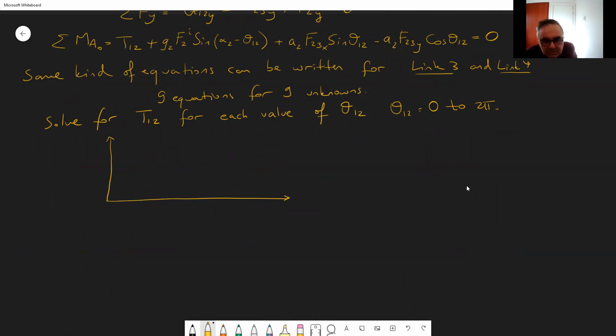So let's say this is theta12 starting from 0 to 2 pi, so that you can solve for the value of T12, let's say in Newton meters, starting from here it will be some curve like this, for example, so that you can find the maximum value of T12 as your mechanism changes its position. Well, the maximum values are important. T12, let's say maximum,